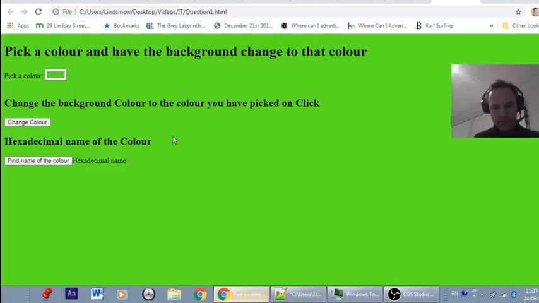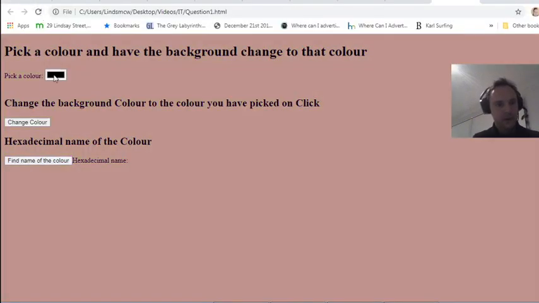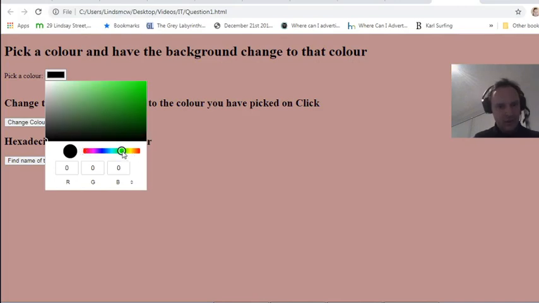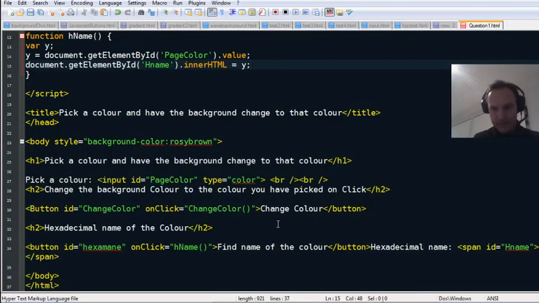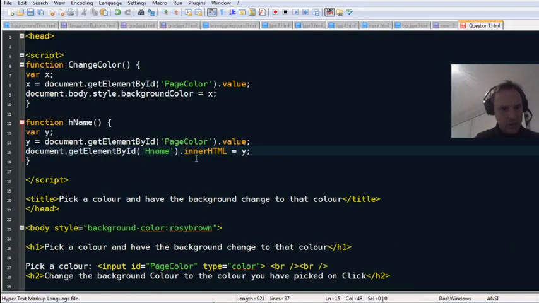Let's try that out. Alright, so pick a color, do the green again, change the color, find the name of the color. Oh, what have I done wrong there? Let's check that. So it's not doing it. So one way to check is